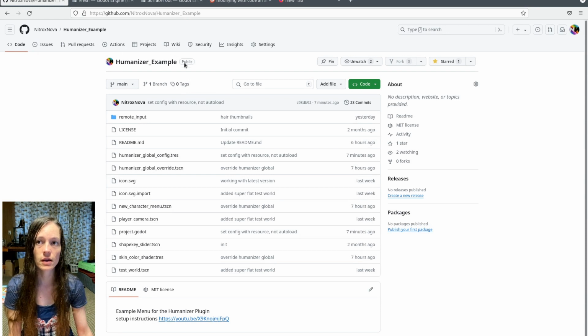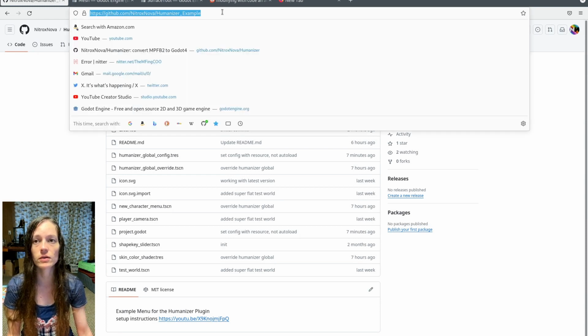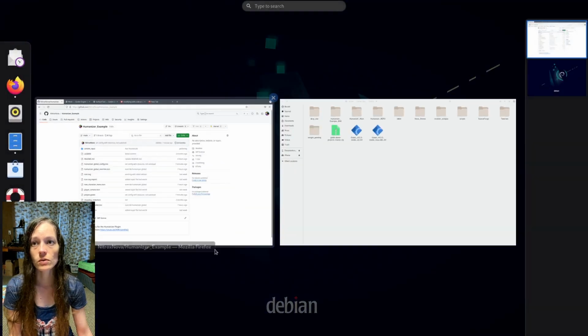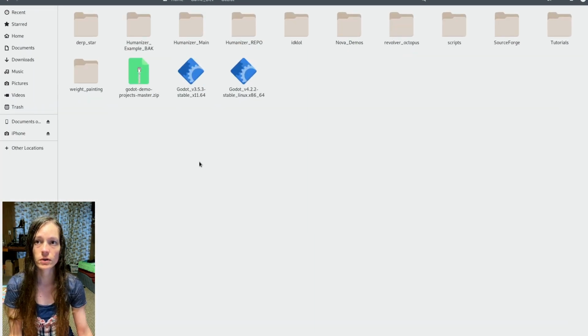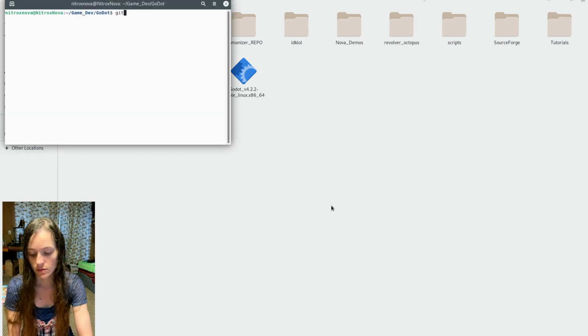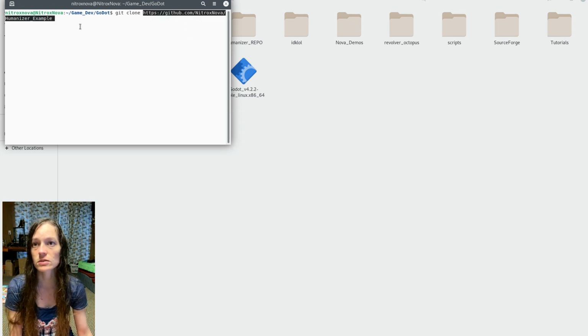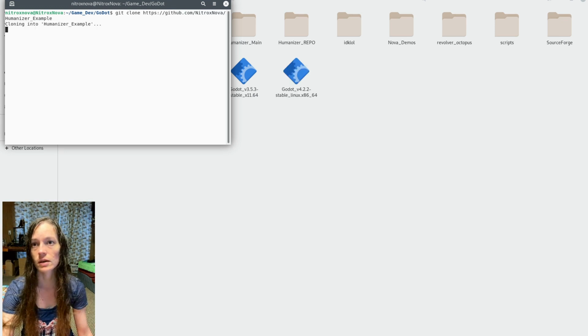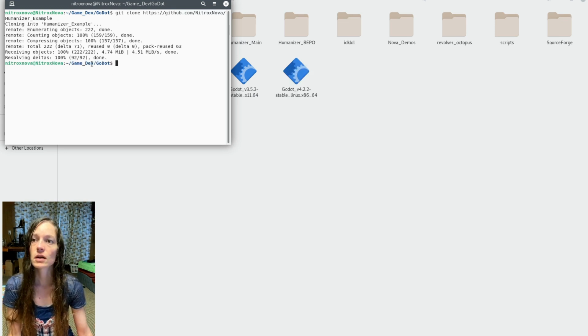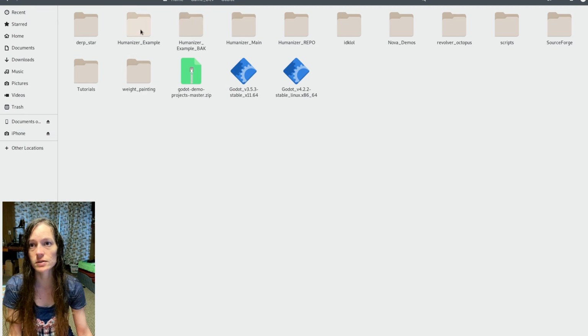As you can see, I've put the Humanizer example menu in its own repository, and I'll put a link to this in the description. So then you'll go to your working directory and open in terminal and use the git clone command and paste the repository name, so the GitHub link, and let it download. So now it's created the Humanizer example folder, and in my experience you can't just download the